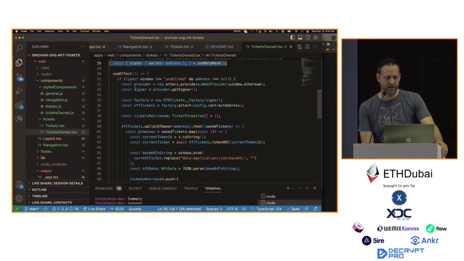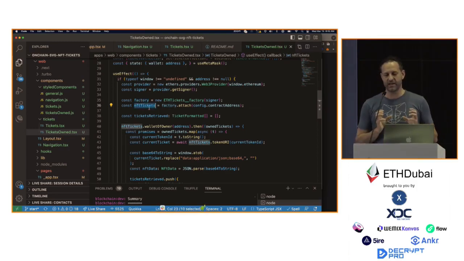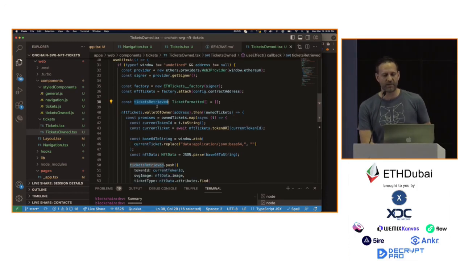We have a use effect here. Basically, this just means we're doing something from outside of the application, and we want to update our application. So we're getting a provider, a signer, a link to that factory, and then NFT tickets is an object that represents our smart contract, and we tell it what contract address it's associated with. And then finally, tickets retrieved. This is where all of those tickets are going to be held. It's a variable that's going to hold all of those tickets that we've already received, and we're going to populate that based on calling